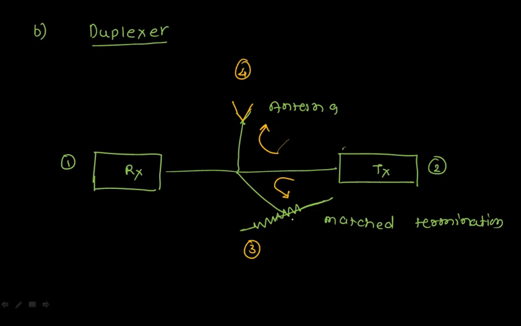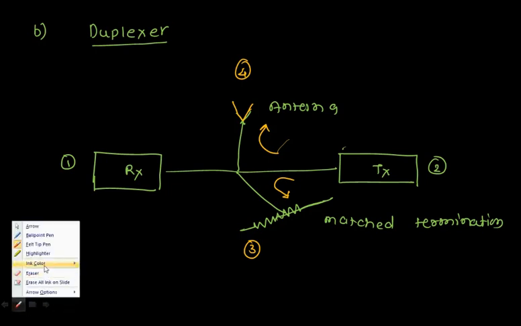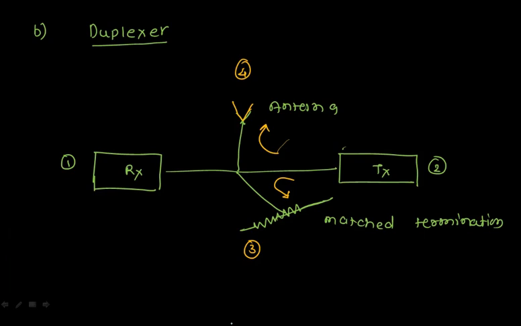Whenever you are in the receiving mode, you are connecting your receiver to the antenna. So whatever the antenna receives will be delivered to the receiver. Now during reception, your transmitter is isolated from the antenna, so no power will try to reach the transmitter during the reception. So the same antenna you're using for transmission as well as reception. This is the second application of your Magic T.